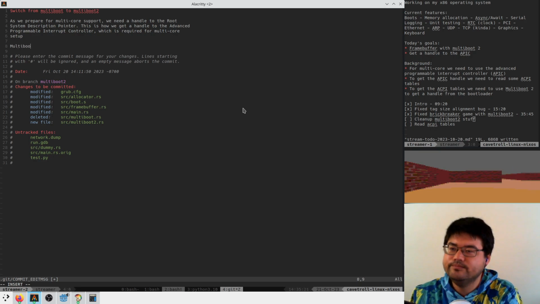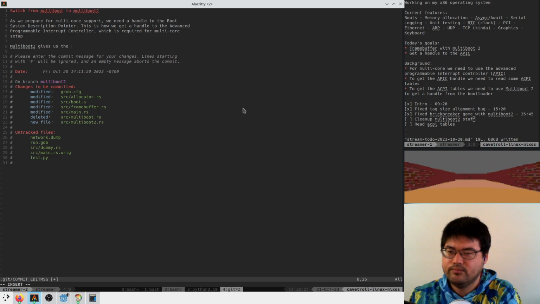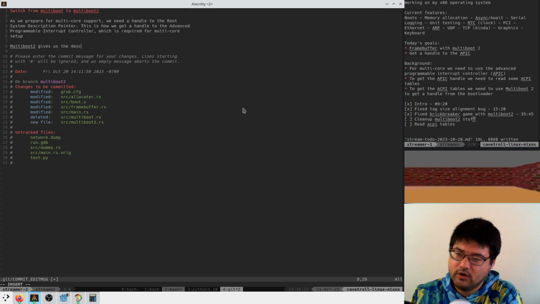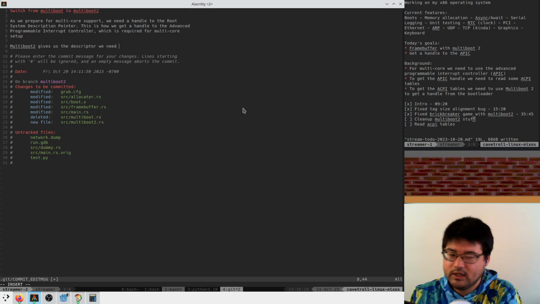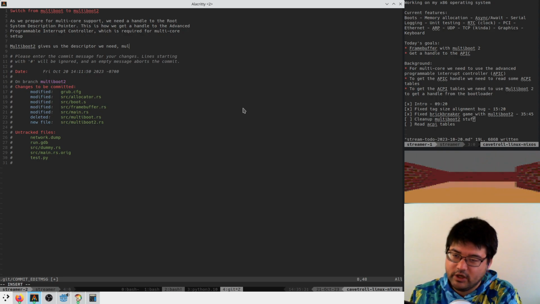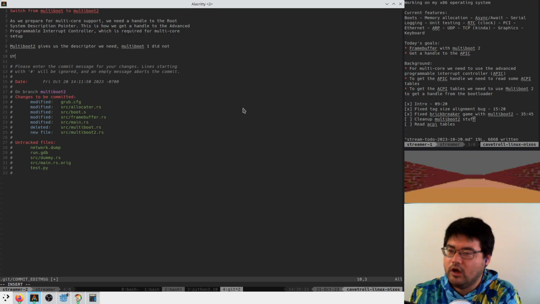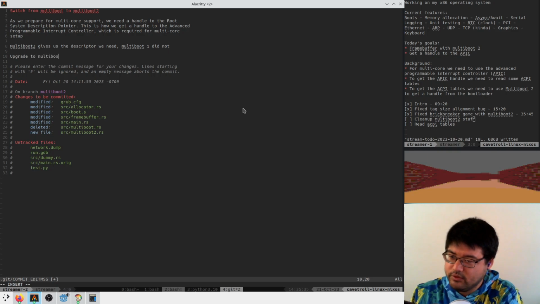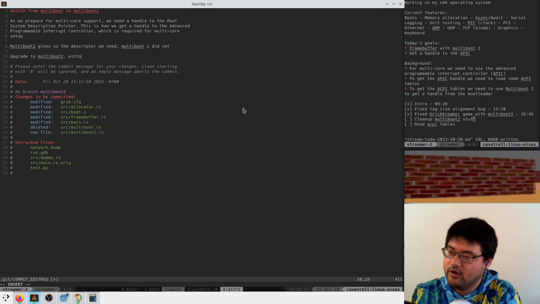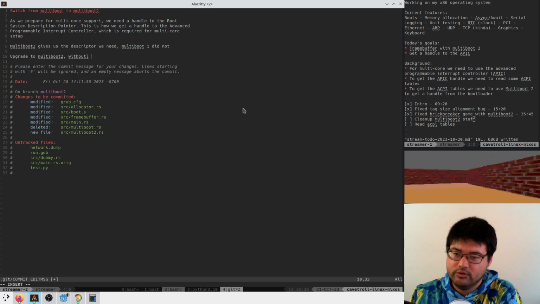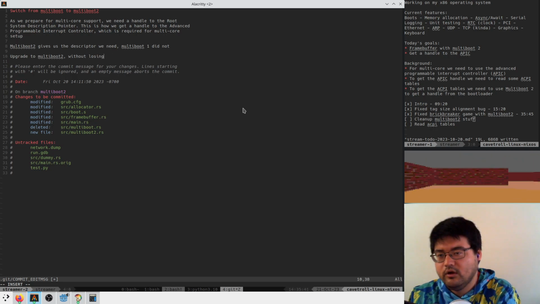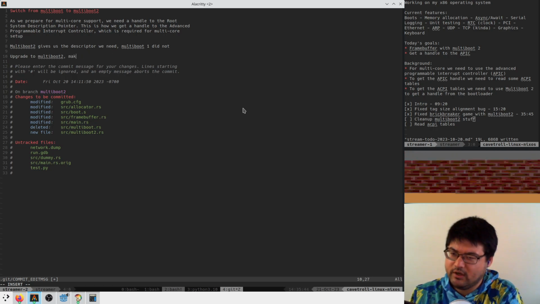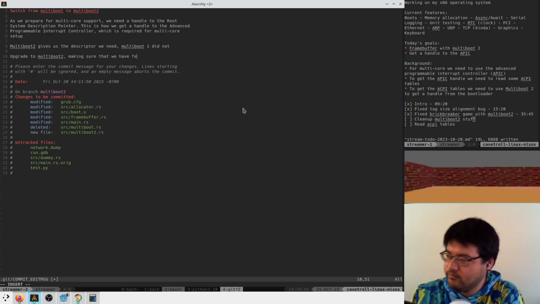Multiboot 2 gives us the descriptor we need. Multiboot 1 did not. Upgrade to multiboot 2 without losing any features, making sure that we have feature parity. Great.